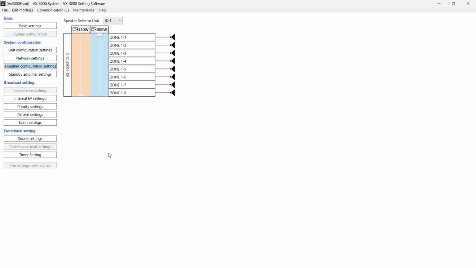Okay, now going over the amplifier configuration settings. If your system has a VX 08 or 16, then this option will be available to you. If you have the 04s, then this is not an option for you. As the 08s and the 16s, you can choose which amplifier will power which zone. So in this case, in my system, I have an 08, as you see here. And these knobs let you say, hey, this 150 is going to power zone 1, 2, and 3, for example, maybe. But then this 300 can power just